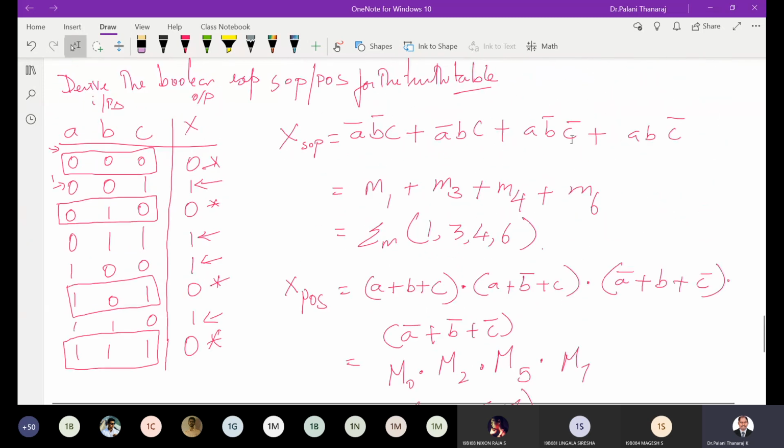I can realize a circuit, right? So now I can realize. Okay, I can just realize as such, or I can do a simplification and I can realize the simplified form. Okay, so from the table I can get the circuit. Okay, so that is the important inference. From the truth table I can realize the circuit.